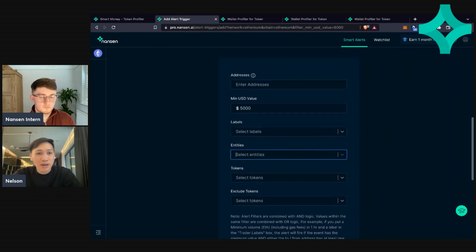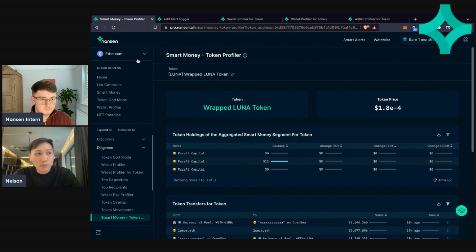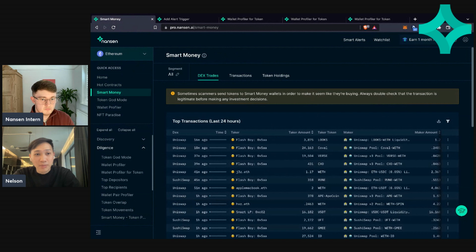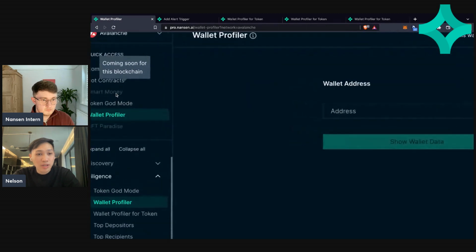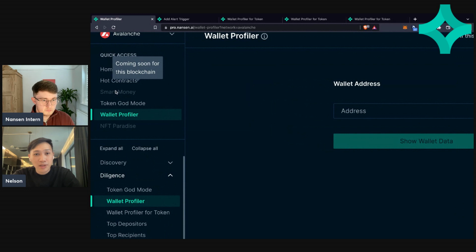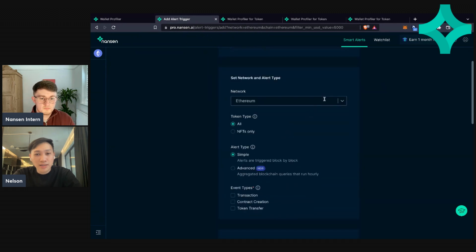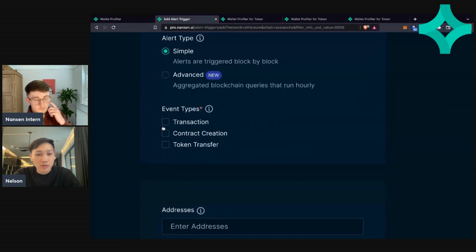And in fact, I might drop an alpha here, which I think not a lot of people are aware of. When you look at smart money, we all know that it's on Ethereum. If you go on to say AVAX, let me just change it, you realize that the smart money dashboard is actually grayed out. There is actually a hack to bypass this by using the smart alert. On the smart alert, you can actually select the network, so in this case, I'll select Avalanche. I'll select the event type as transaction, token transfer,